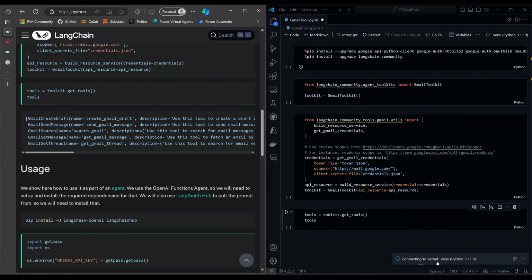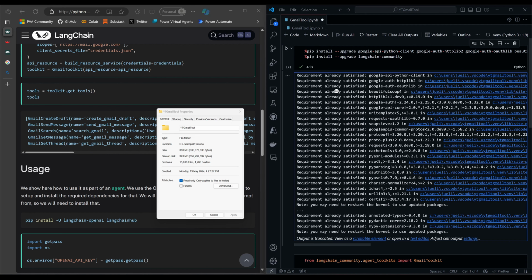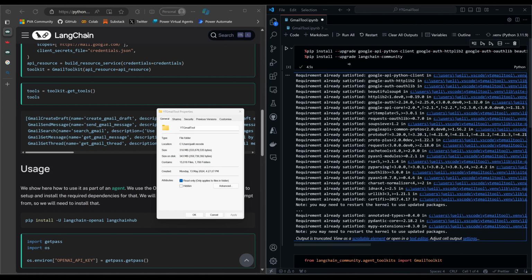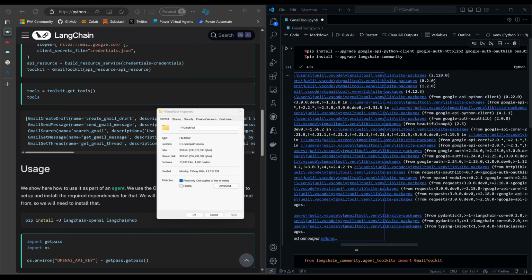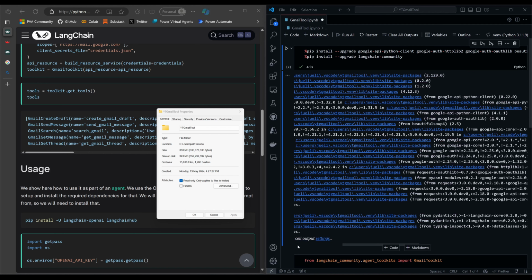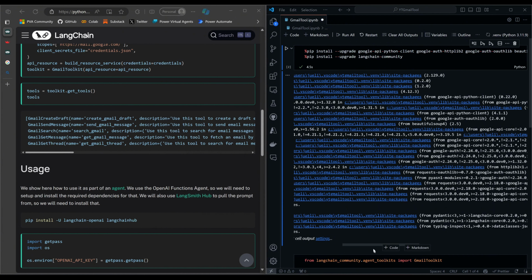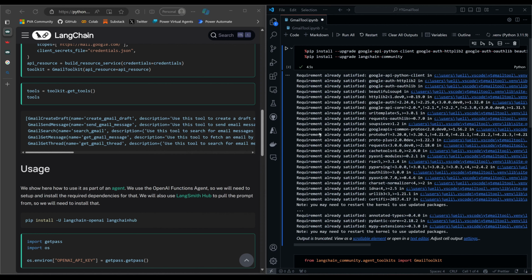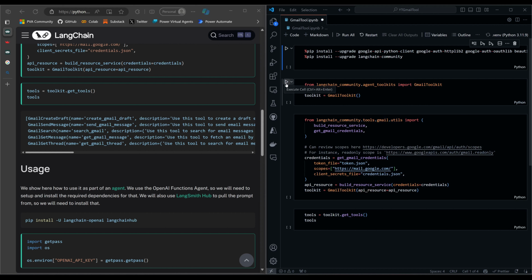Okay, so now it looks like it's restarting the kernel, and then we should be able to see this complete very soon. It took almost 2 minutes to complete all these packages. So let's see this folder now. This folder, an empty folder before, is actually over 300 meg now. So that's all the packages for our virtual environment. Let's clear this. Now we're going to run the tool,